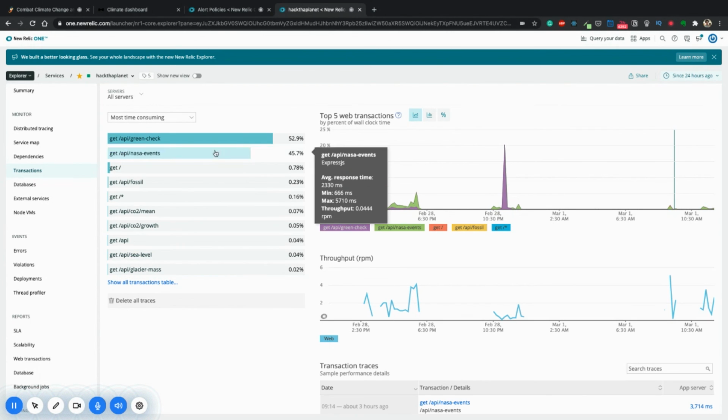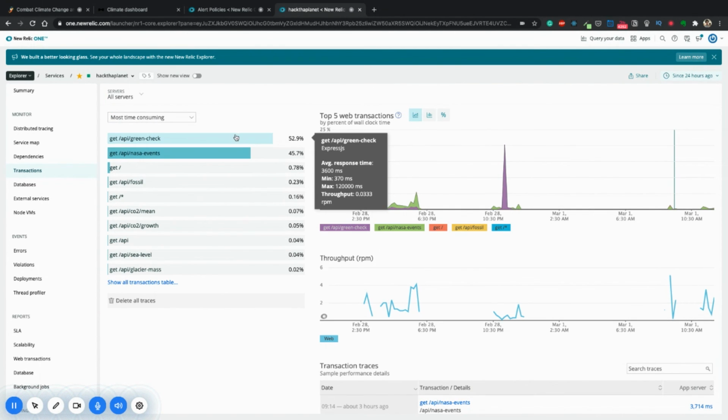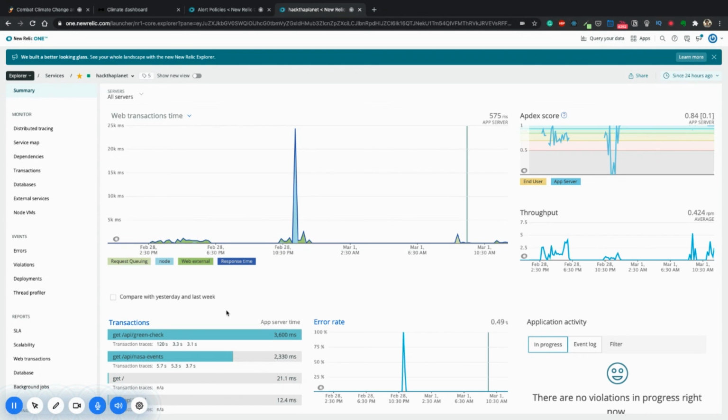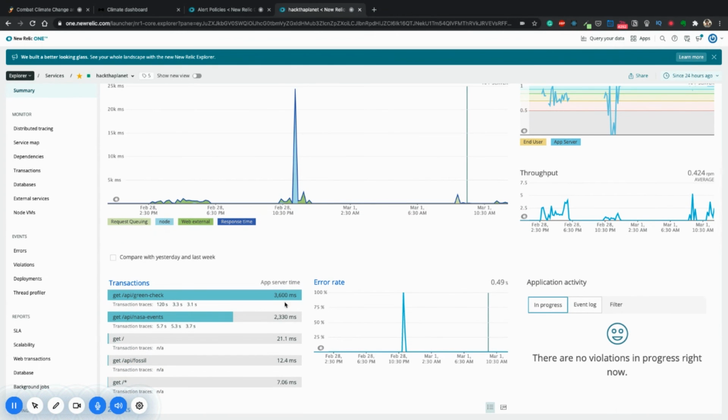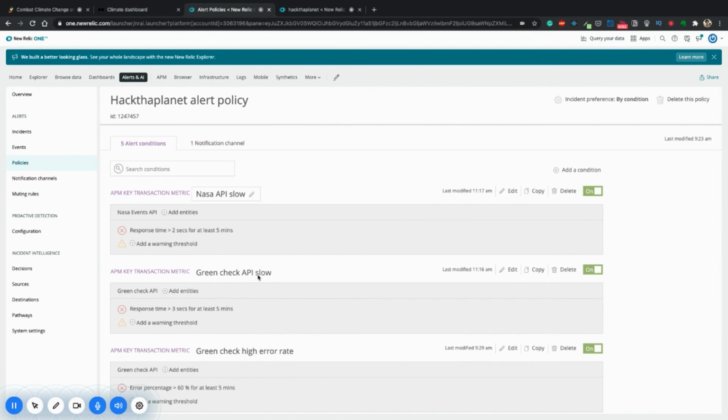I could see that during the error time, it consumes something along the lines of 3 seconds per transaction, even greater than 3 seconds, so 3600 milliseconds. So I put a check on that. The next time the API takes more than 3 seconds, and this behavior repeats consistently for at least 5 minutes, I will again get a mail on my notification channel. So the green check API is sorted in that manner.